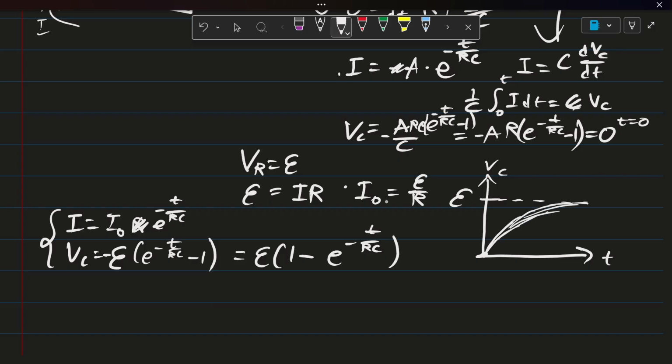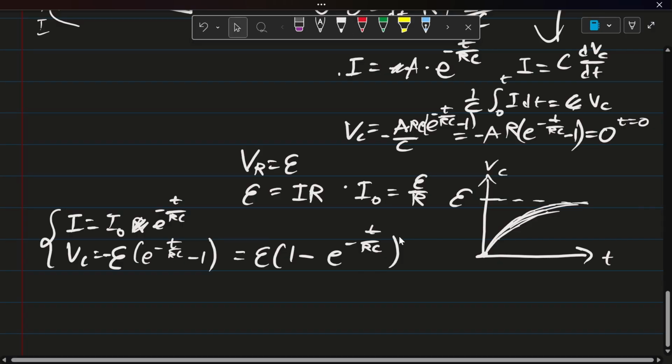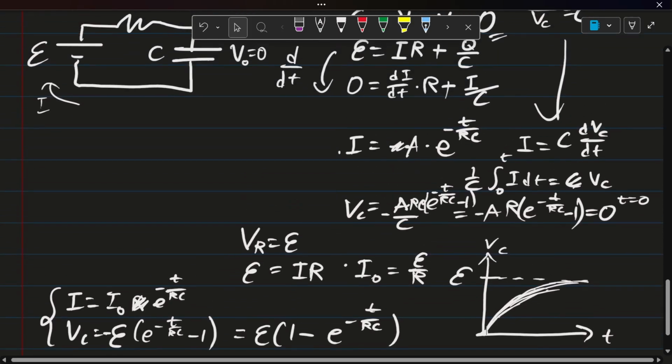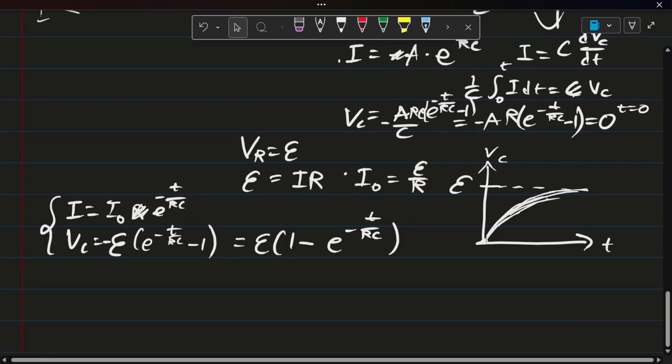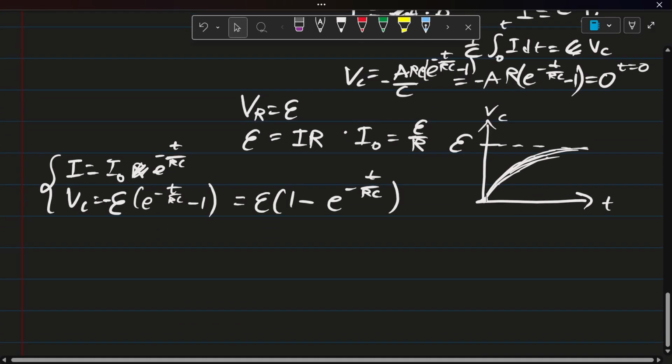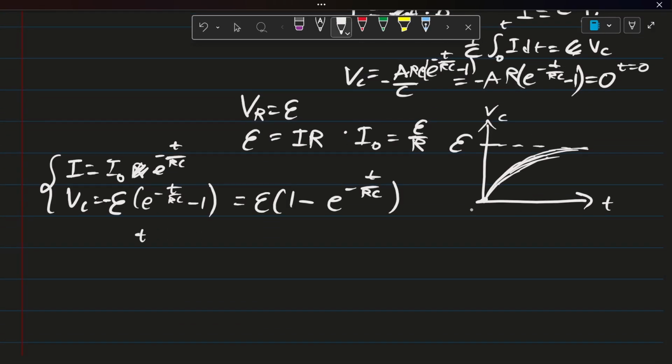It is pretty much an exponential curve with its maximum voltage at the EMF. And this is where the current goes to 0. So when time goes to infinity, I would also go to 0. So it means there won't be any current passing through the